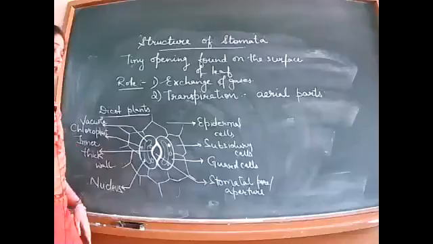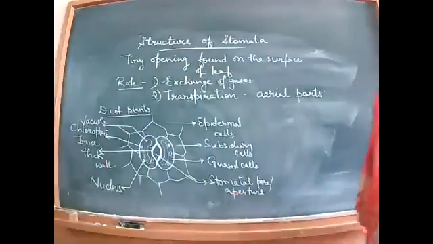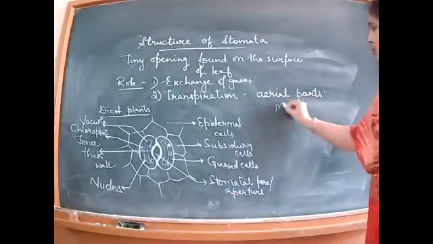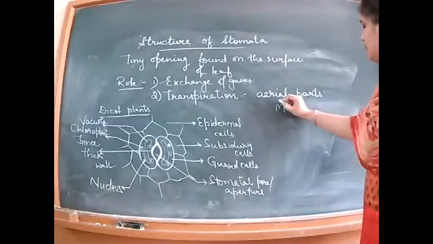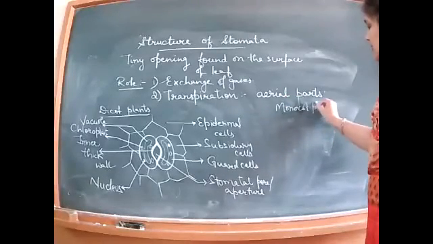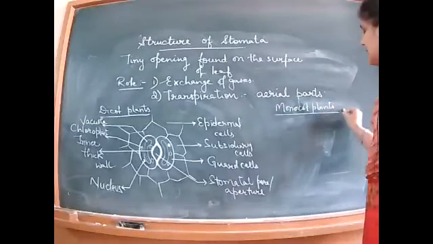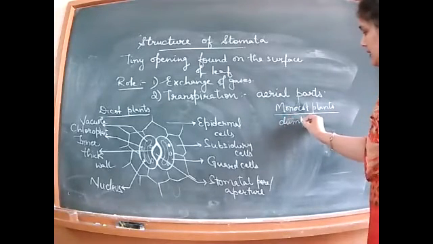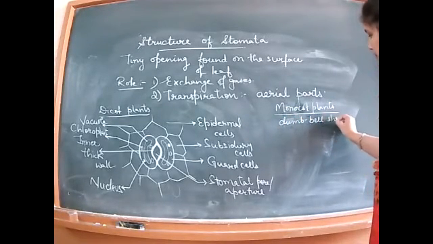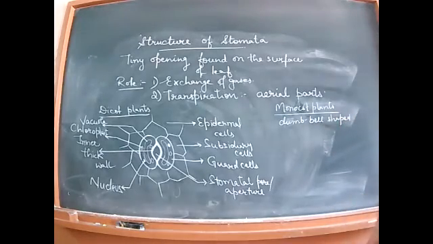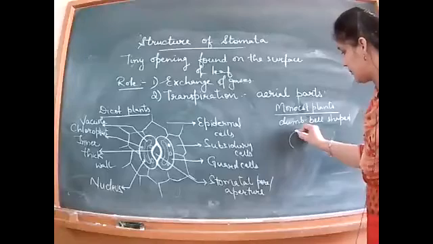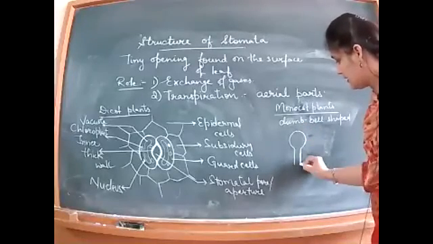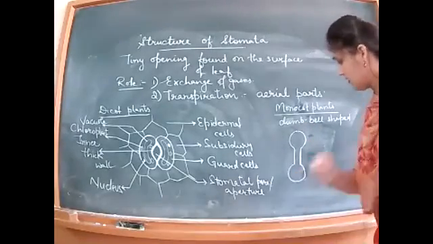Now coming to the monocot plants where the shape of the guard cells is different. In the monocot plants, the shape of the guard cells is dumbbell shape. What is this dumbbell shape? Dumbbells, you know, the boys use it for gymming, for bodybuilding and all. So that dumbbell is of this shape. This is the shape of the dumbbells, right? It is like this, right?